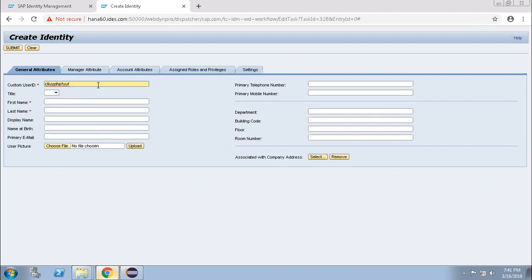So what we can do is create the user in IDM with less than or equal to 12 characters, and those IDs will be in capitals. Now, suppose you have 4 or 5 members in your team.